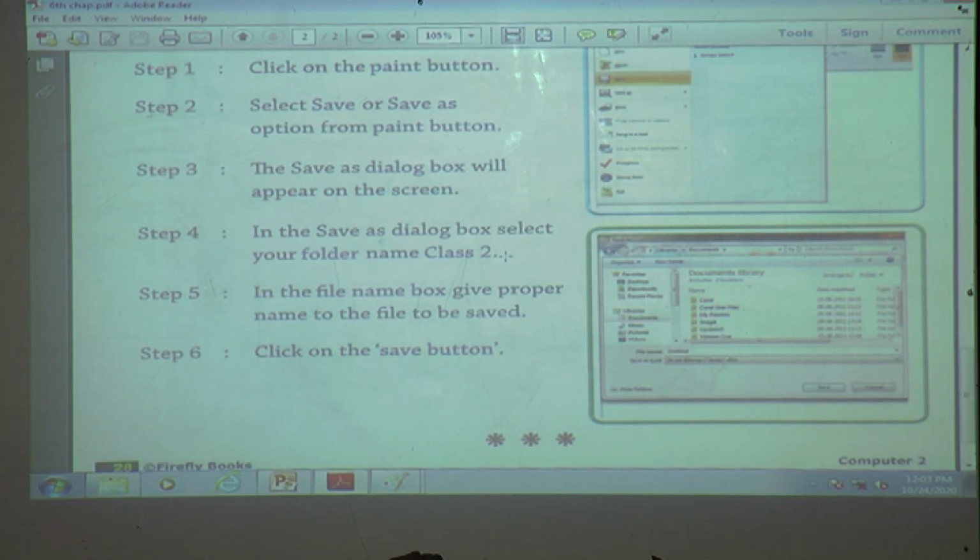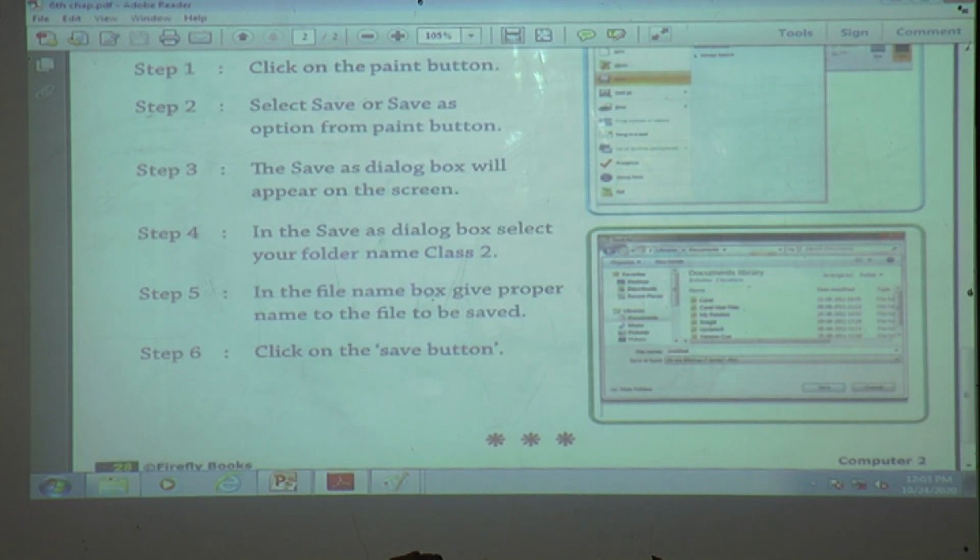Means already the folder is there, then no need to take a new folder. Listen carefully. If the folder is already there, then no need to create a new folder. And if it already exists, then no need. If it does not already exist, then we must create it. And then step 5.